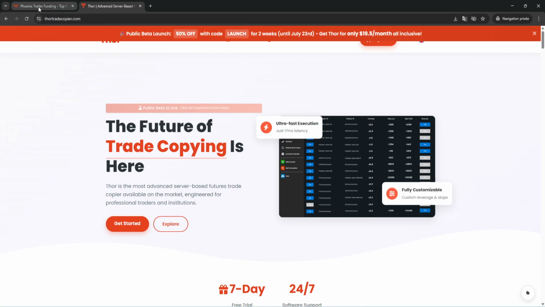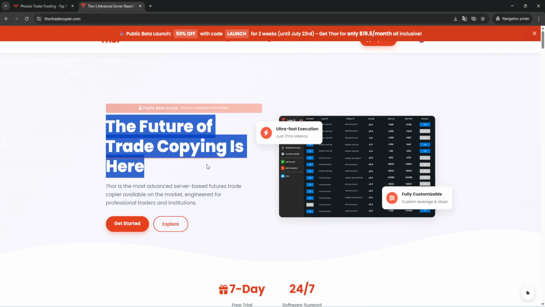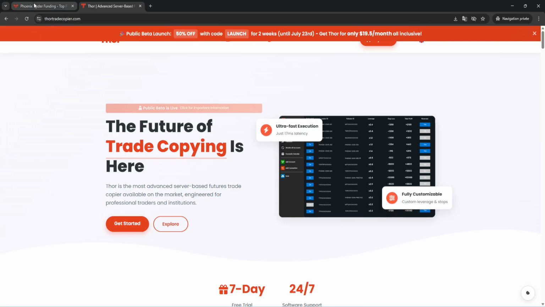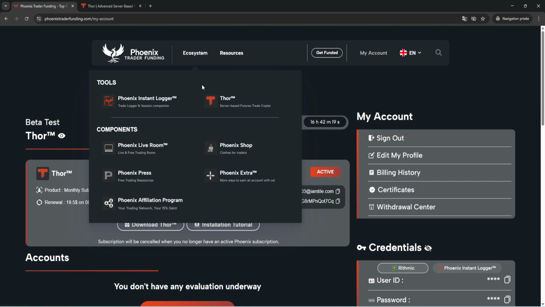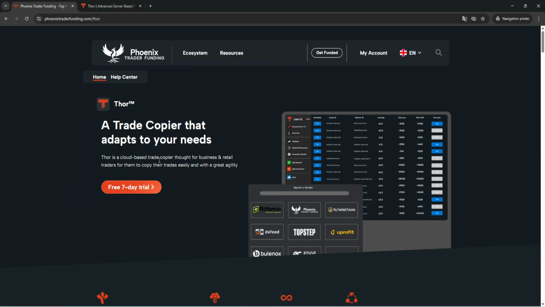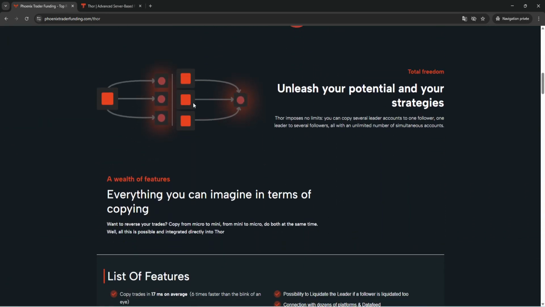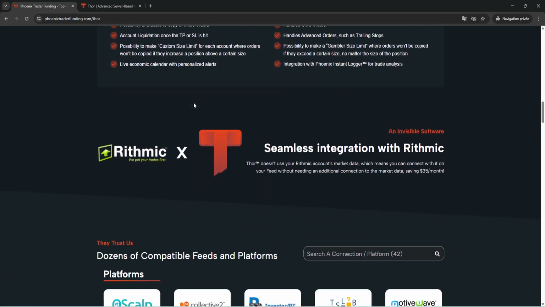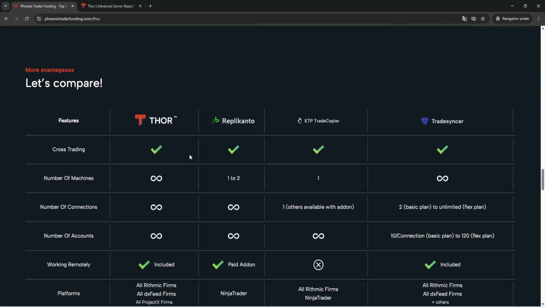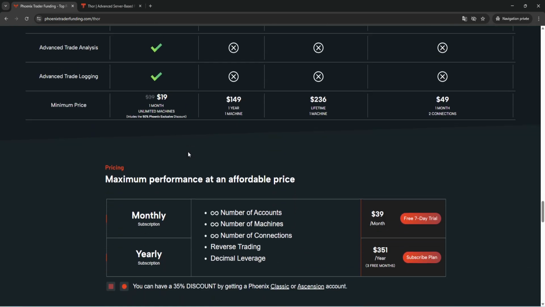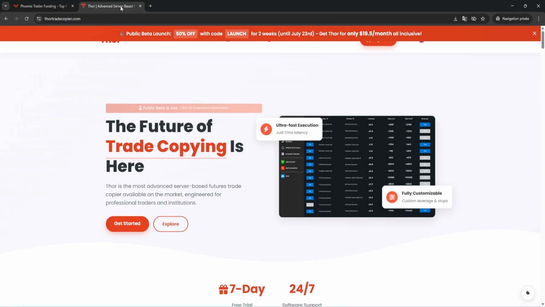You can access this website right here, or you can go to phoenix.com and go to the ecosystem part, and there is a page that was added called Thor, with some more info. It's basically the same thing as the other website, but put in a different format. So, first of all,